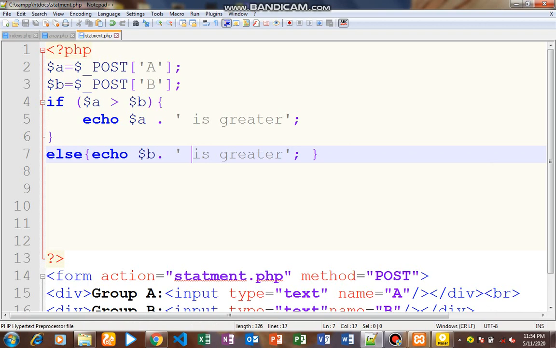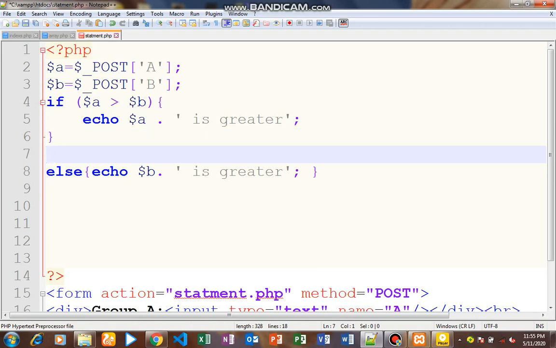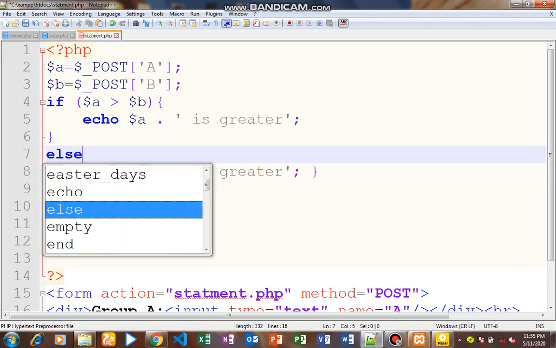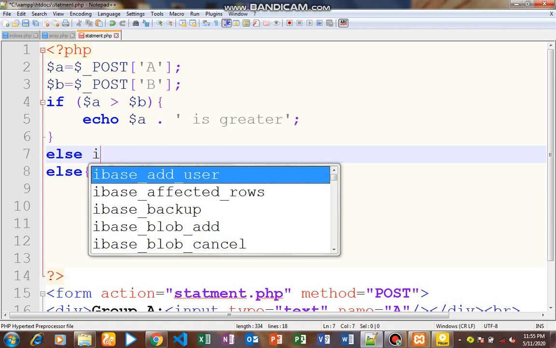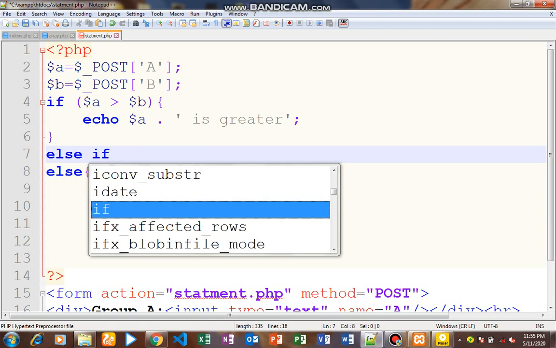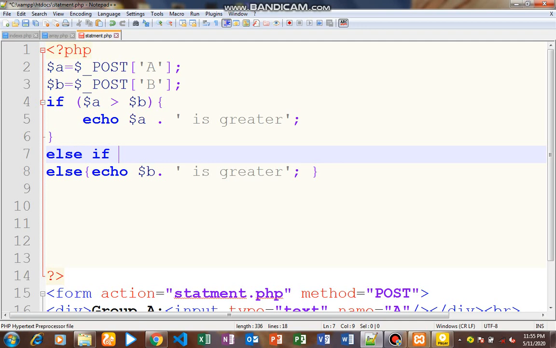So instead of having else here, I'm going to go ahead, maybe after this first one, and have something called else if, right? So if A is greater than B, echo this. Else if this is greater than this, for instance, if